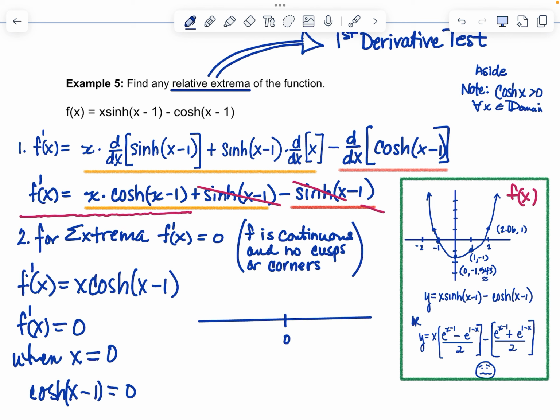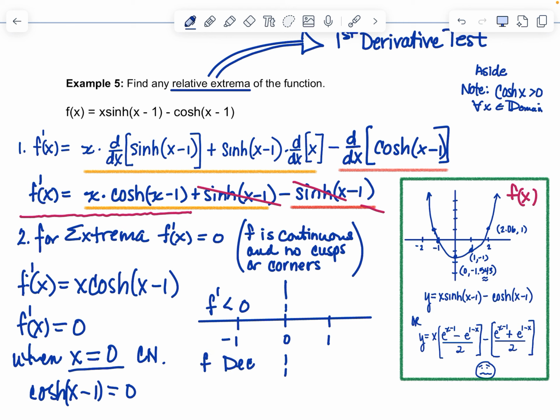So we have two sides of 0 to pick. When x is equal to 0, this is one of our critical numbers, okay? And we know that cosh doesn't have any critical numbers because it's always positive. So if you're looking at our product here, then if I use a test point of negative 1 to the left of 0, and then a test point of 1 to the right of 0, you can see that f prime of x is going to be less than 0, and that means that f